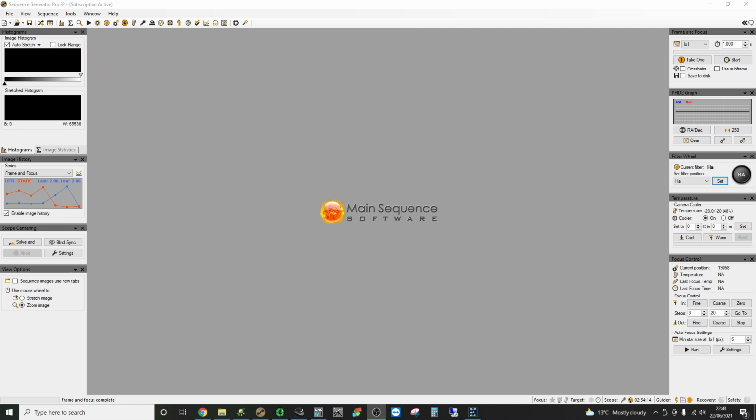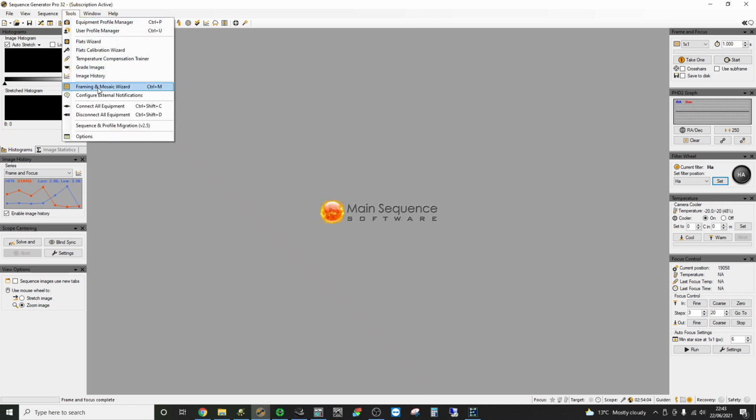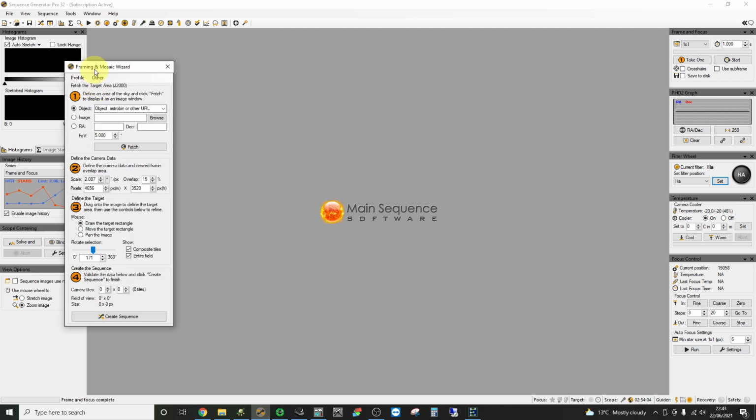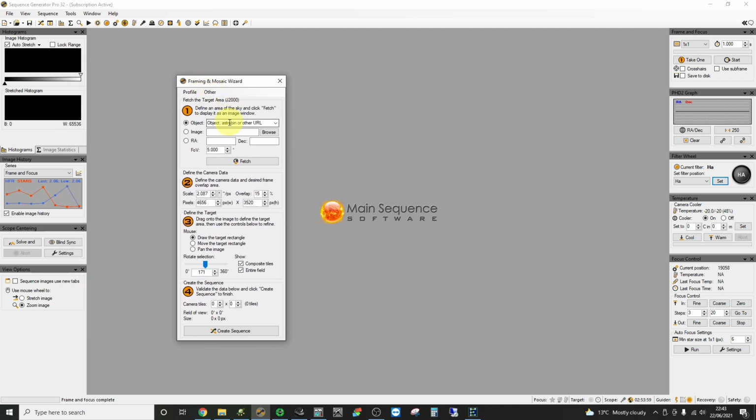Now I want to take an image of the North America and Pelican Nebula, and I want to plan that image. So I'm going to bring up Tools, Framing and Mosaic Wizard. Now the North America and Pelican Nebulae are in an object defined as NGC 7000, and you can define a field of view as how much sky you want to fetch. So if I only fetch say 2 degrees, it'll fetch quicker, but I'll get less sky fetched. So let's fetch 2 degrees of sky,